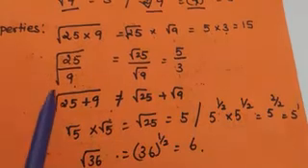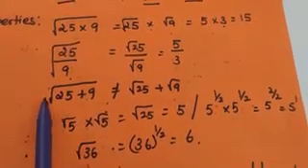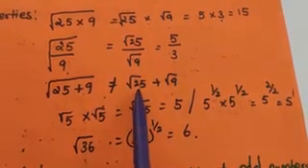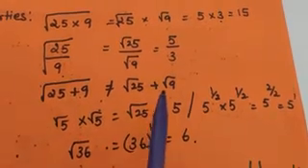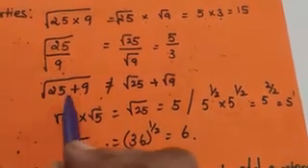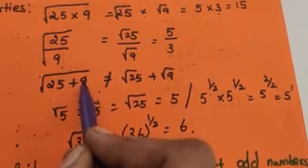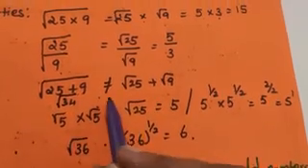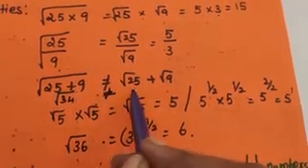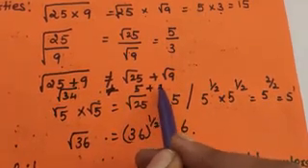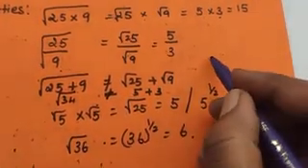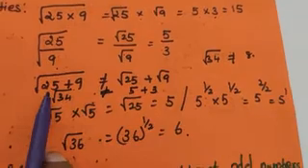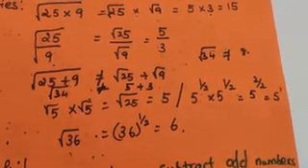But you cannot do it in addition like this. Root of 25 plus 9 means we cannot separate it. Root 25 plus root 9, like that we cannot write it, because the value is not the same. 25 plus 9, the value becomes 34. Root 34 value is not equal to root 25, which is 5, plus root 9, which is 3, that is 8. So root 34 value is not equal to 8. That is why, if it is given in addition, we cannot write it separately.